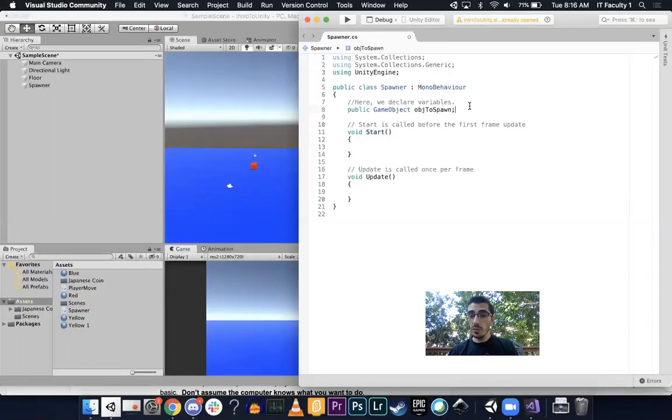Right, so we have this variable called object to spawn, or obj to spawn. That's the name of the variable. Then we have the type, and we also have its access level, its accessibility. So it's either public or private, and there's a whole bunch of other ones, but those are the main ones. Public means that it can be accessed by this script and other scripts that are accessing this script. Private means it can only be accessed within this script, and it will not be exposed in the